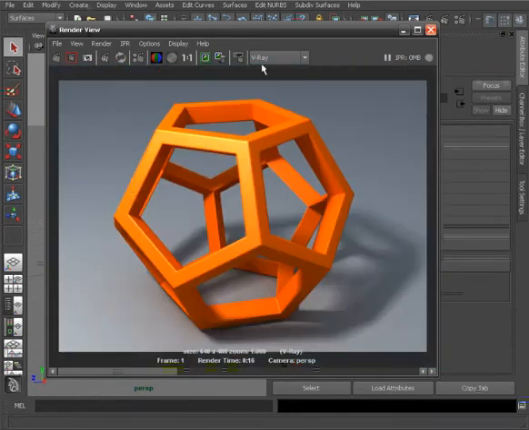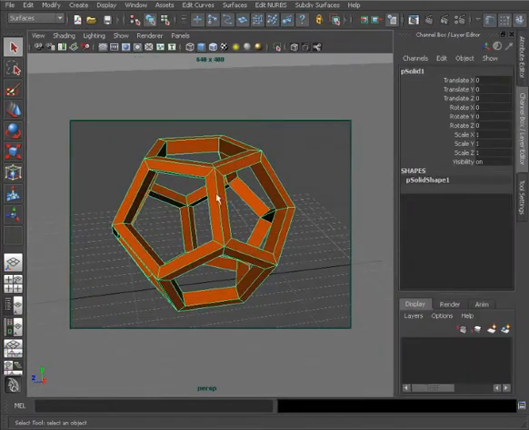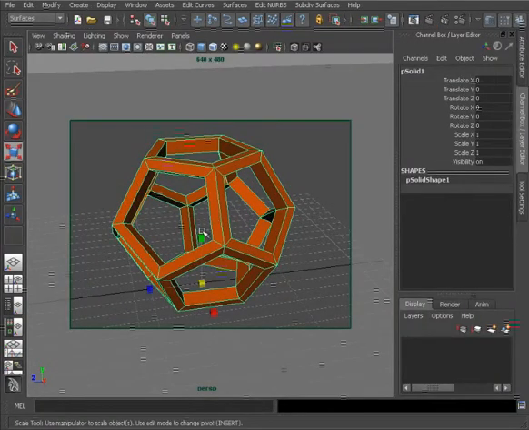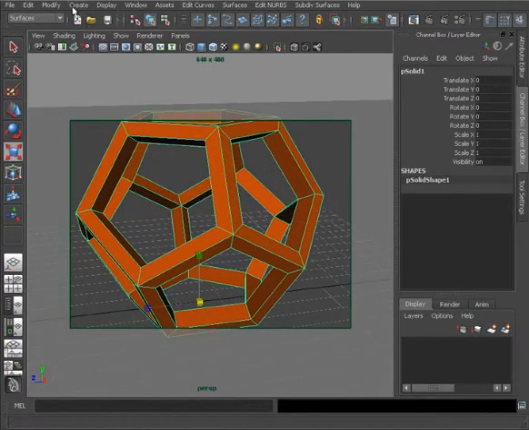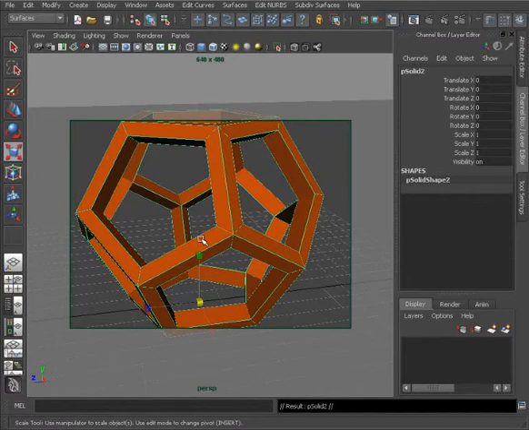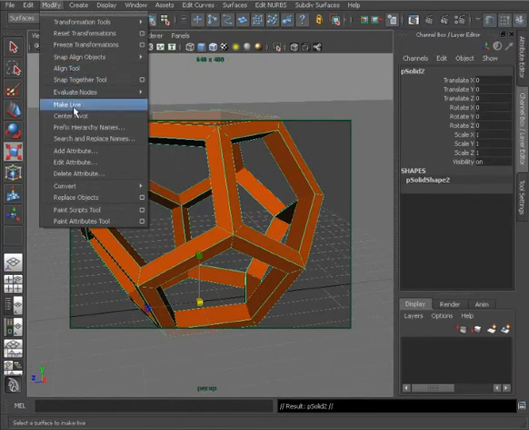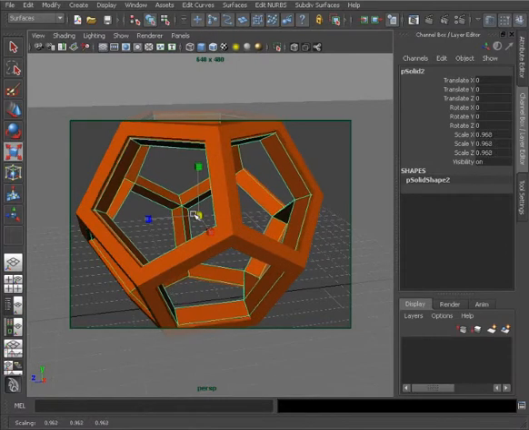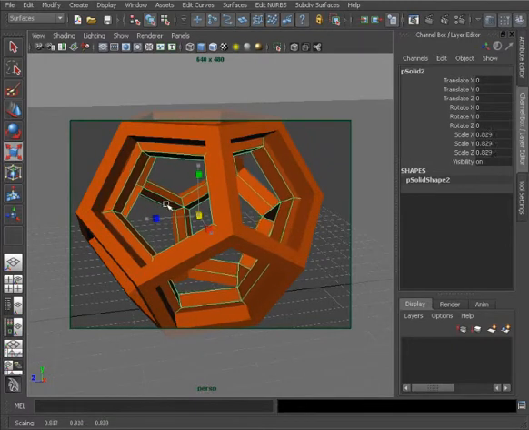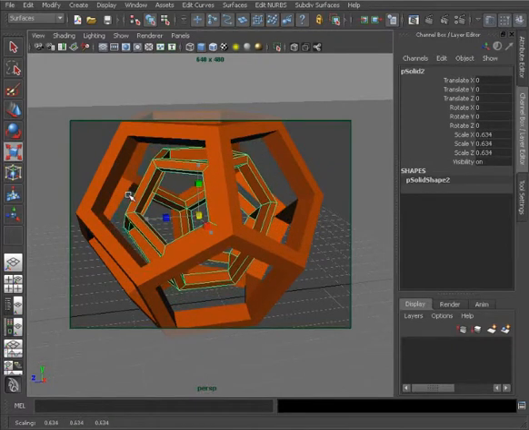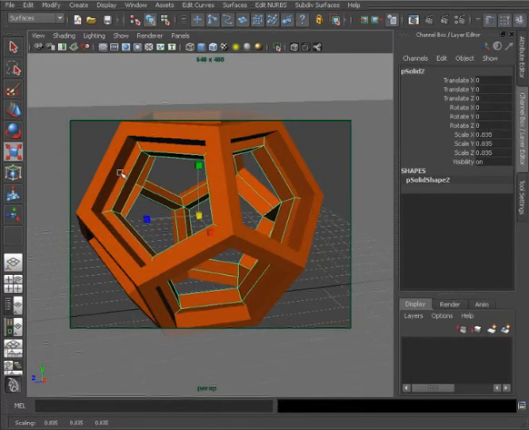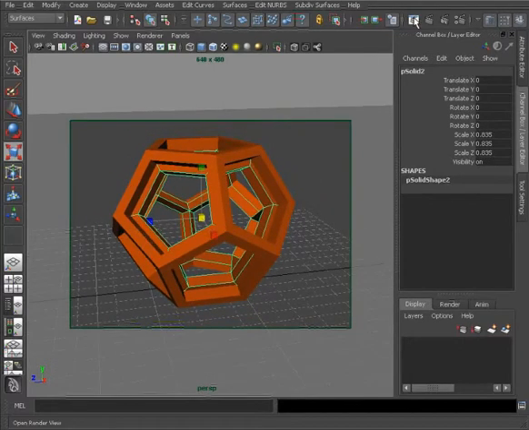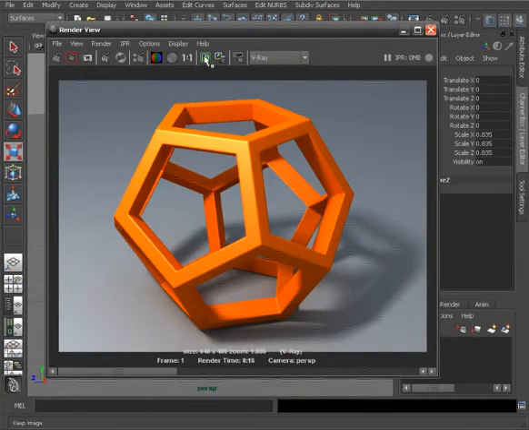Now, a couple of things to be aware of. If we were to take this piece of geometry, and let's say we wanted to duplicate this and have a second piece of geometry in here. So I'm going to press Control D to duplicate this object. Right now my pivot is all the way down at the ground, so with this duplicate object selected, let's go to Modify, Center Pivot. There we go, that'll now move the pivot right to the center of my object. Now I'll just take this duplicate and scale it in. Not so much that it's contained all the way inside this object, but to where the edges are intersecting a little bit. Now if I were to pull my camera back and render this out,